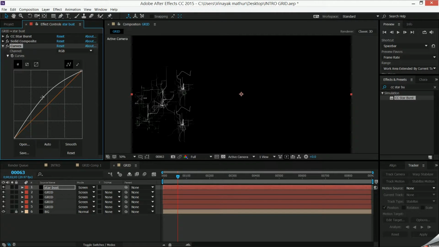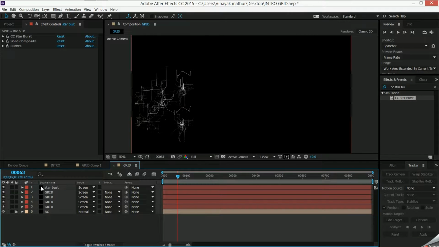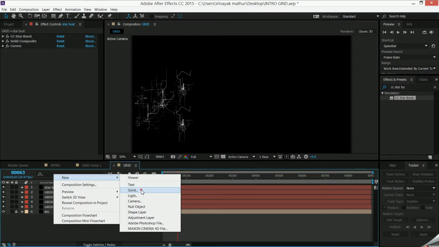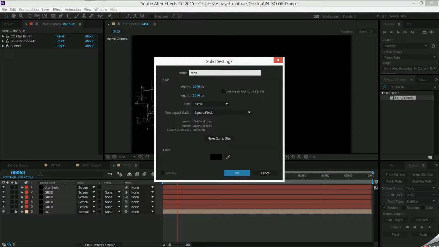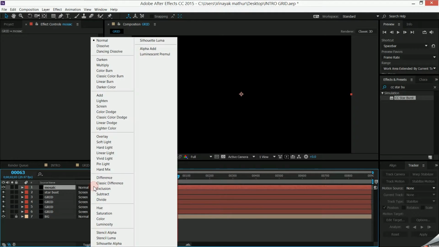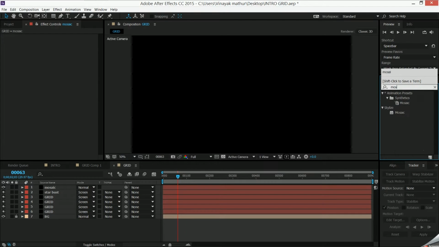And this might not give you drastic changes, but they definitely work. This looks good. And now I'll just show you one more effect. Create one new solid and say mosaic and click enter. Again change the mode, or I'll just keep it right here, and go to effects, search for mosaic, and here you go. Just drag it over this layer,